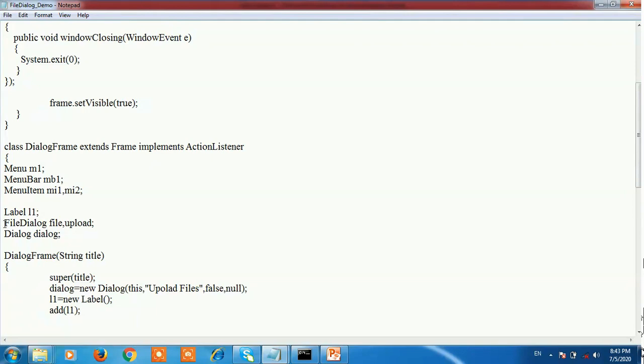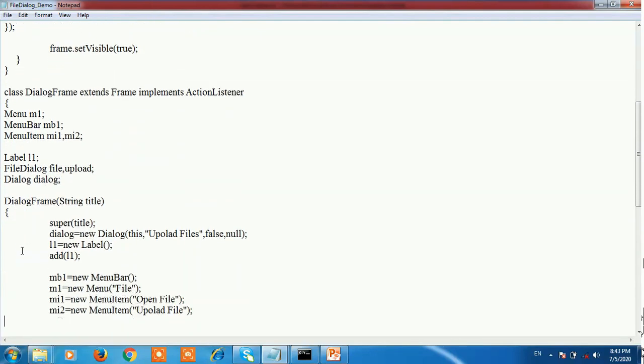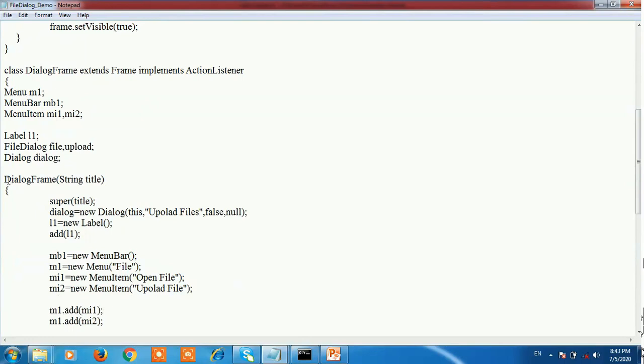Also create a FileDialog object, file and upload, and also create a Dialog object, dialog. Here we use FileDialog and Dialog. Then create a constructor, that is DialogFrame, and the parameter is string title.